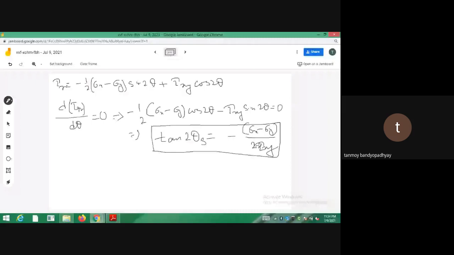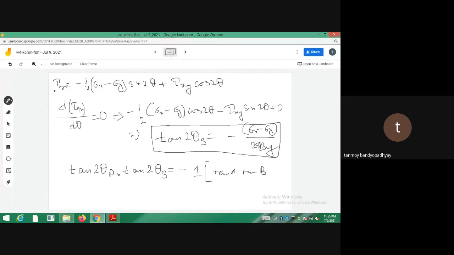So again this will give you two values of theta separated by 90 degrees, so you will have two planes separated by 90 degrees. Just remember these things. When we draw the Mohr circle we will validate them. Now let's do tan 2 theta p into tan 2 theta s. So what am I getting? Put in the values of tan 2 theta p and tan 2 theta s. You will get minus 1. So what is tan a tan b equal to minus 1?